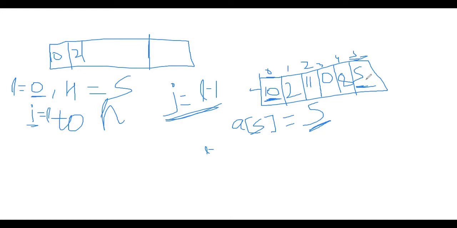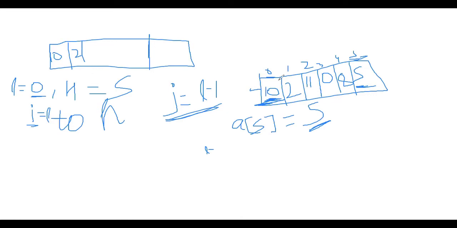Or we can think of it in this way. If something is more than 5, and if something is larger, we have to bring that on the right side. So our purpose is to bring everything as left as possible. In the beginning we will start with 10. We have 10, and 10 is more than 5, and there's nothing at all, so we don't do anything in the beginning.